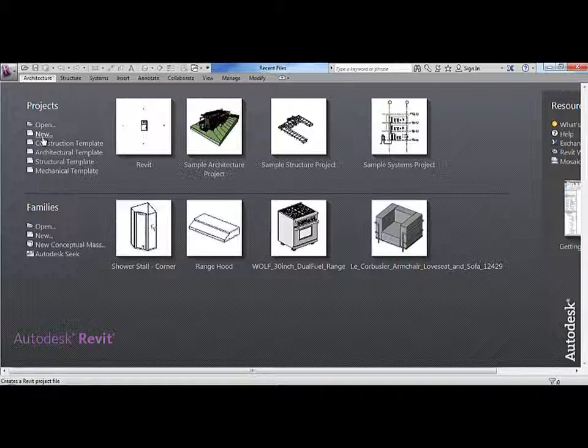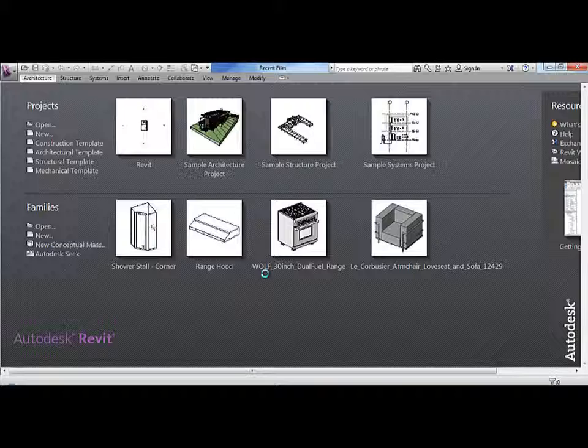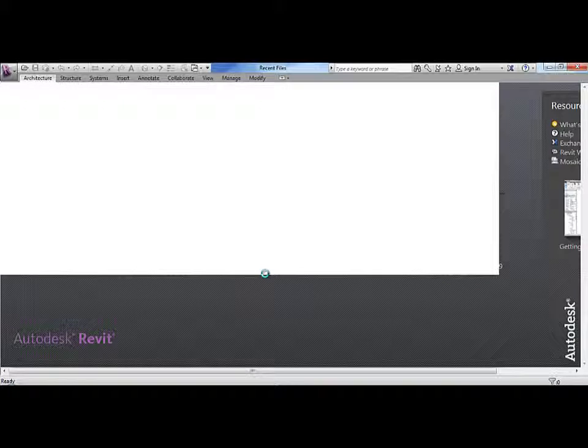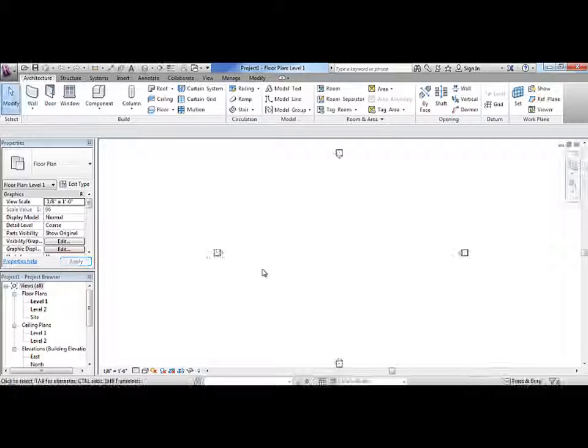And what you're going to do is, let's go ahead and go to Projects New, and go to Architectural Template, and then just create New Project. Click OK. We're not going to create a project template because you can do that later on. We're going to make some changes to what the standard is here, and then we will be utilizing most of the elements as they are. The only thing we're going to make changes to are some of the annotation symbols, and we'll do that when